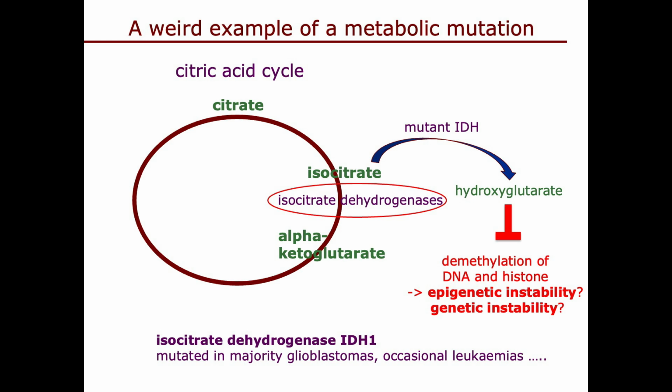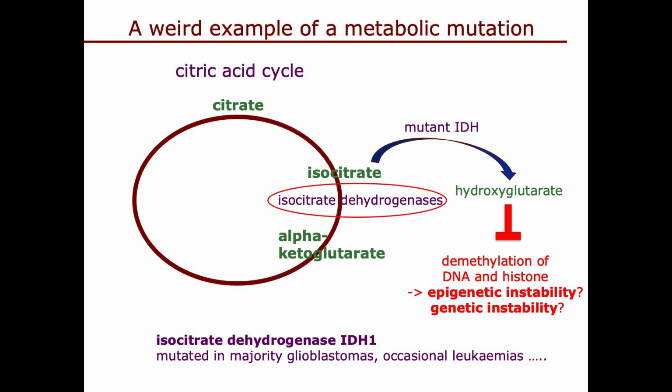Instead of dehydrogenating isocitrate to alpha-ketoglutarate, these mutant forms of IDH produce hydroxyglutarate. And because hydroxyglutarate is not rapidly metabolized, it accumulates in cells and it interferes with other enzymic processes which are involved in demethylation. So the consequence of this mutation seems to be to block demethylation and therefore globally increase methylation